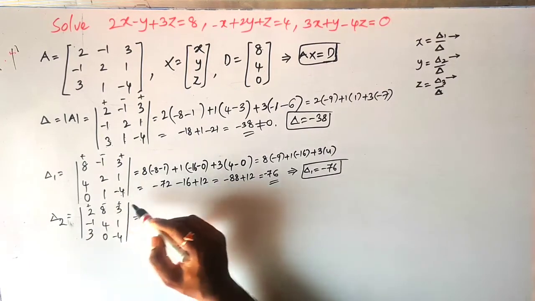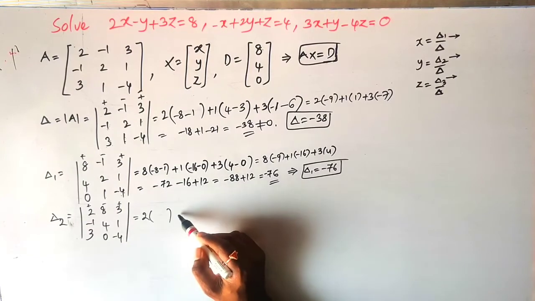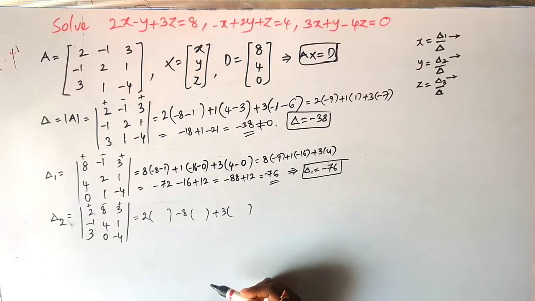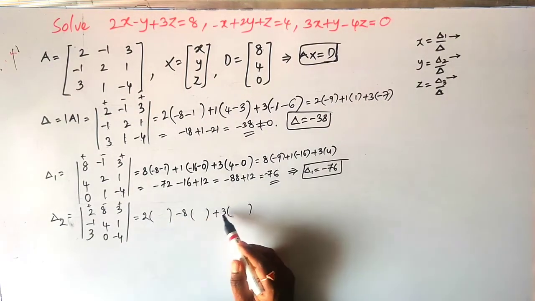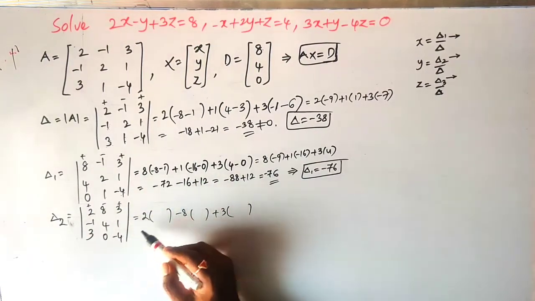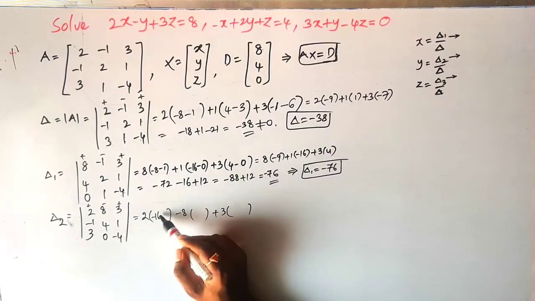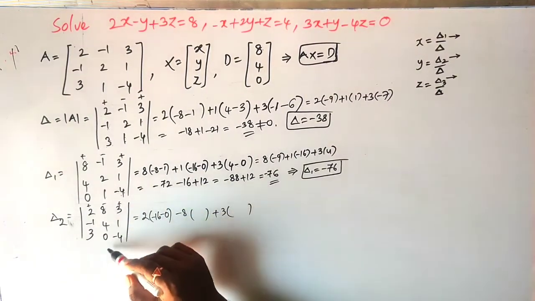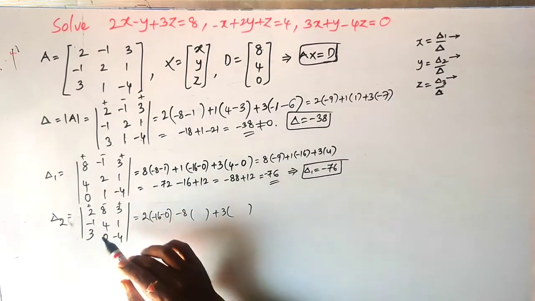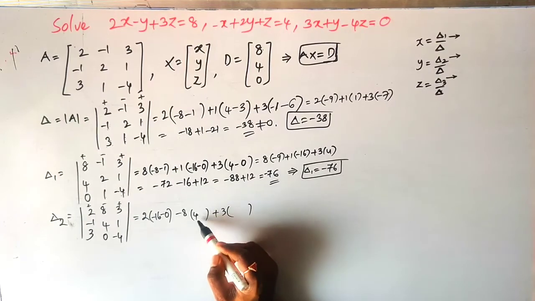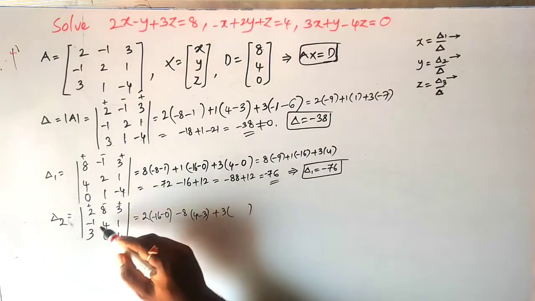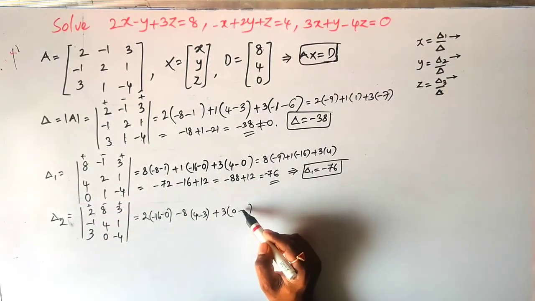So plus 2 of minus 8 of plus 3 of. So plus 2 is in first row first column. So except that row and that column we get here minus 16 minus 0. Minus 8 is in first row and second column. So except that row and that column, we get this one. Minus 1 into minus 4 plus 4. Minus 1 into 3, 3. Plus 3 of. So minus 1 into 0, 0. Minus 12 we get here.